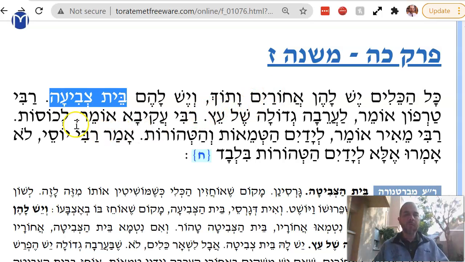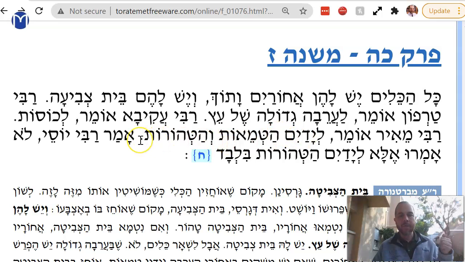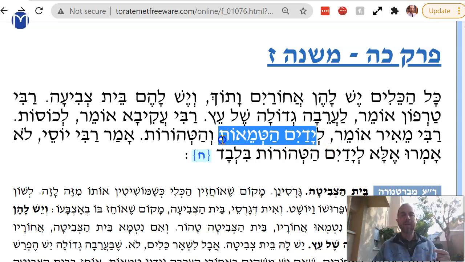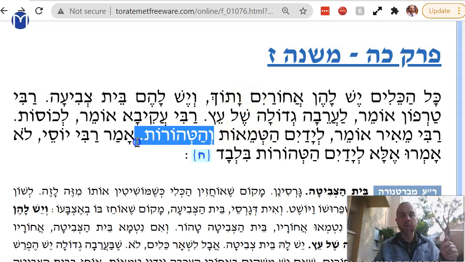Rabbi Akiva says, Likosot, it also applies to cups. Rabbi Meir says it applies liadayim hatmeot vehatorot, both to hands that are tamei and hands that are tahor. If my hands are tamei and a little wet, and I touch the cup only on the indentation, I stick my fingers in, does it have a special din of Beit Tzvitah, i.e. it doesn't affect the rest of the cup or not? And also yadayim tahorot: if the cup is tamei and my hands are tahor, can the cup transfer impurity if I only touch the Beit Tzvitah?